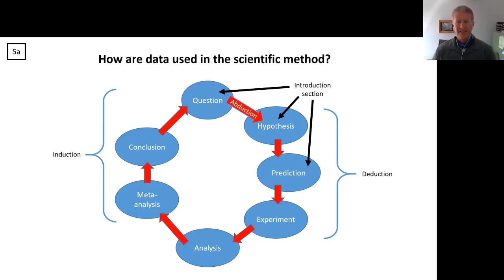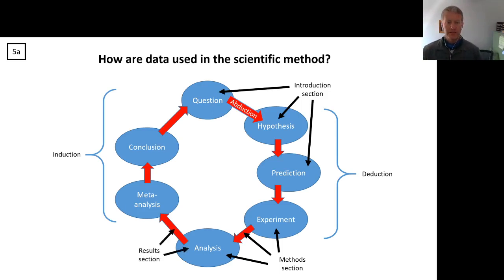And really, it's the last paragraph of the introduction that typically culminates with some statement about hypothesis and predictions that then leads you to a method section that says something about the experiment and the analysis that you're going to do. In other words, how am I going to go out and observe or manipulate the world? How am I going to measure the response of the world to that manipulation or the variation in the real world relative to my observations? And then how am I going to analyze those data? Like, am I going to do a statistical analysis? Am I going to do some visual analysis? How am I going to take those data and interpret them to come up with some sort of conclusions?